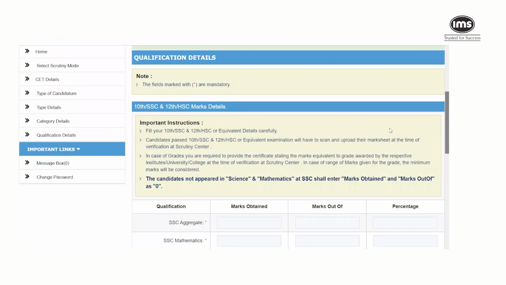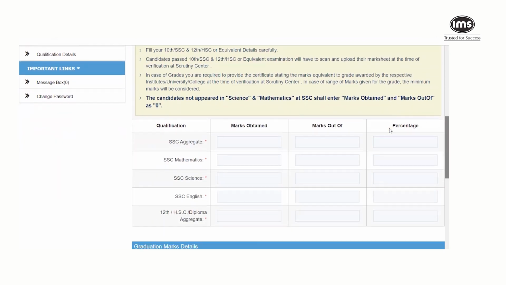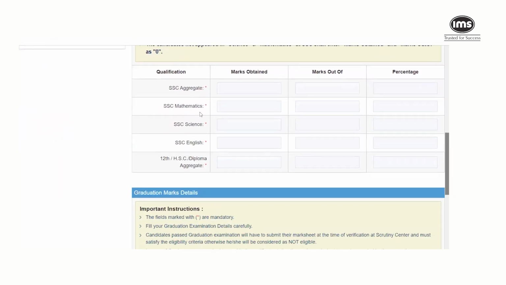The next step is qualification details, which is very straightforward compared to the prior sections that we saw. So here you'll have to fill your 10th standard and 12th standard or SSC and HSC details. So you can see SSC aggregate, SSC mathematics, science, English, 12th HSC diploma aggregate, and so on. Marks obtained, marks out of, let's say. So I'm just going to try putting some values here. So SSC aggregate, let's say 500 is marks obtained, marks out of 600, and automatically it will calculate the percentage